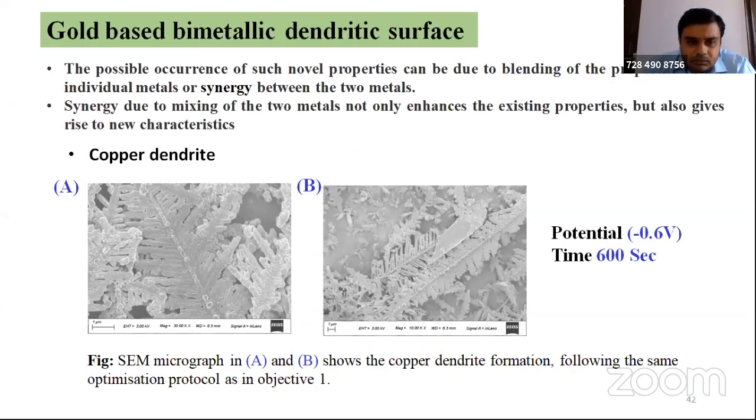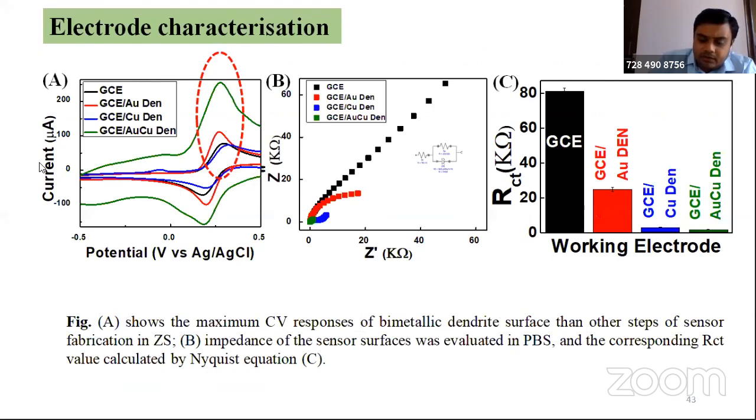So this part I have deliberately circled here. For example, this is the chip, the black part. When gold is separately developed, you're getting a signal. When the copper is separately developed, you're getting a signal, but this is very high. The maximum signal, the green curve you can see here.